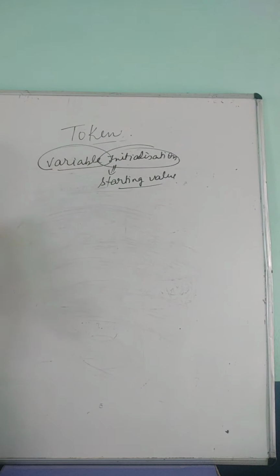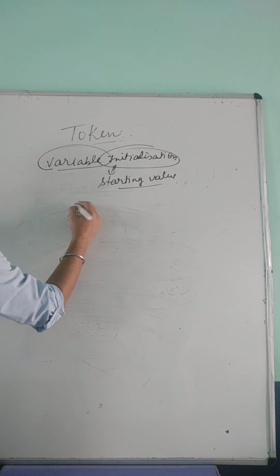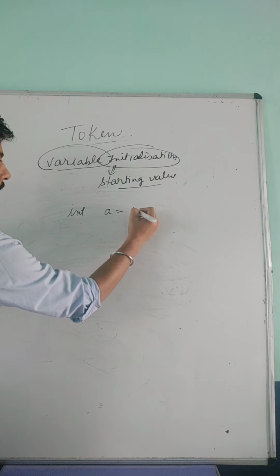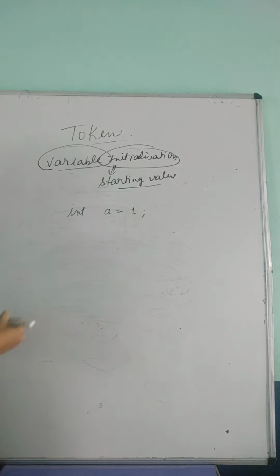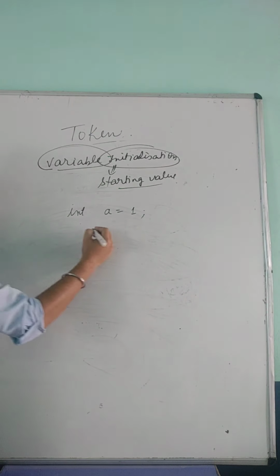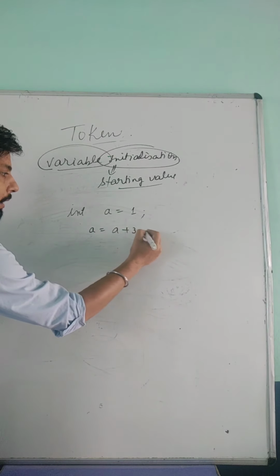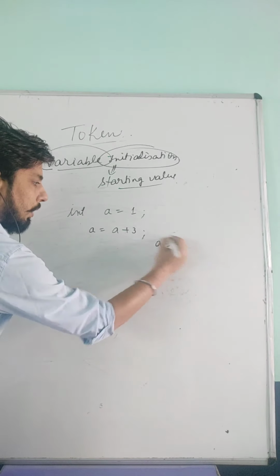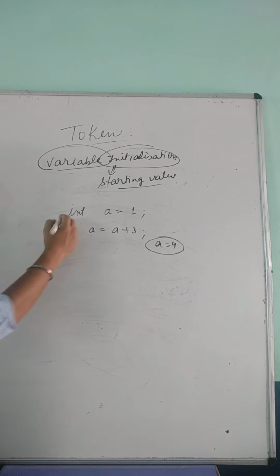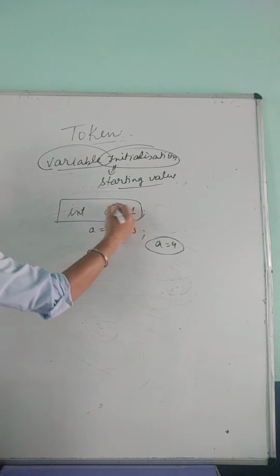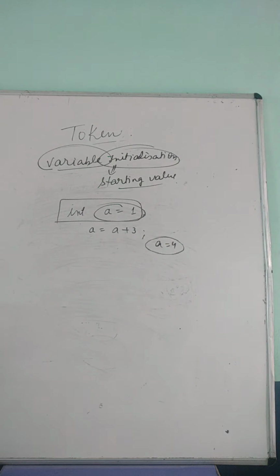As we know, the variable data can be changed. For example, if I write int a = 1, then a = a + 3, now the value of a is 4. But the starting value with which we started a was 1. So this is called